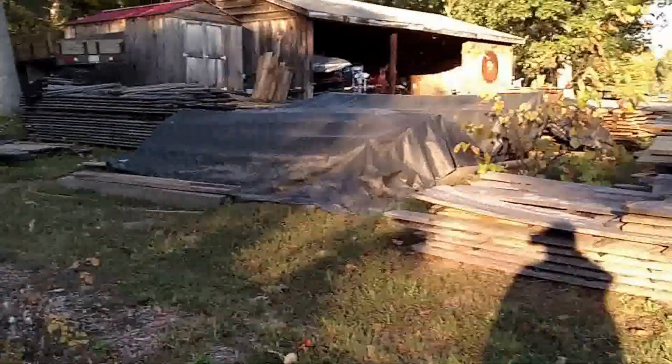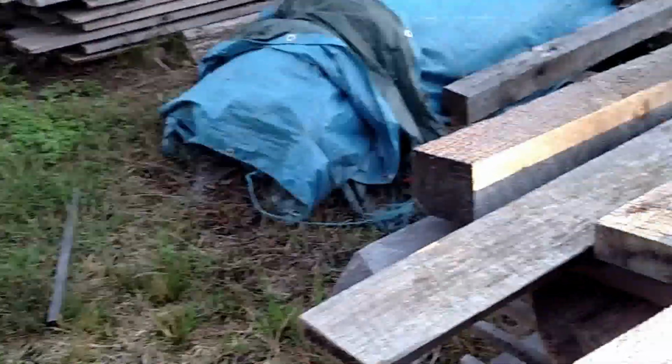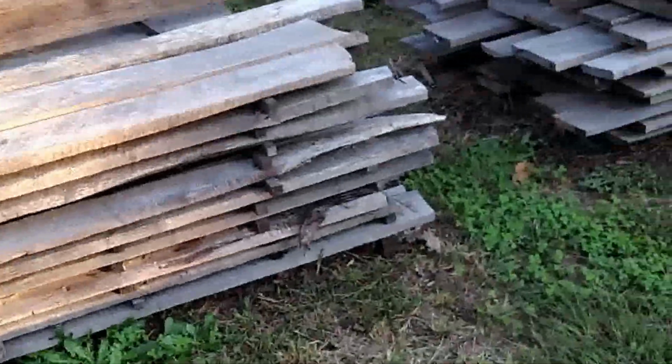And none of that tarp is pretty much grade lumber, walnut and such. And this right here is walnut. You'd never know what to look at. It's real gray, but there's some nice wood right there. I cut it out for